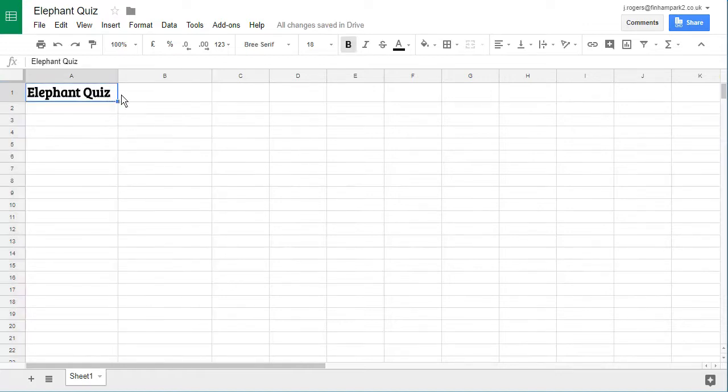Now I'd like this title to go over the two columns between A and B, because I'm going to have a question here and a question here. I want that to join across the top. So I'm going to highlight the two places here, and this button says merge cells. That will join the two together. I can use here to center align it over the middle, and there it is. Now my first question